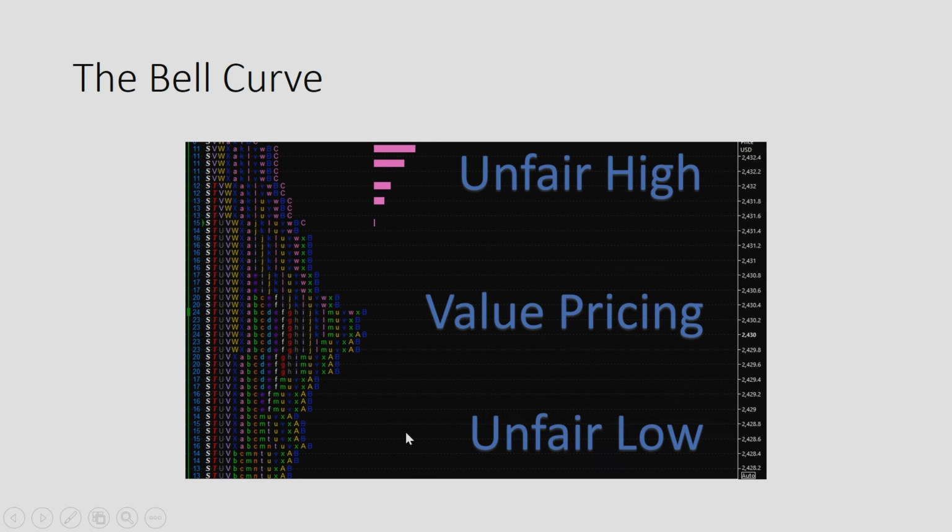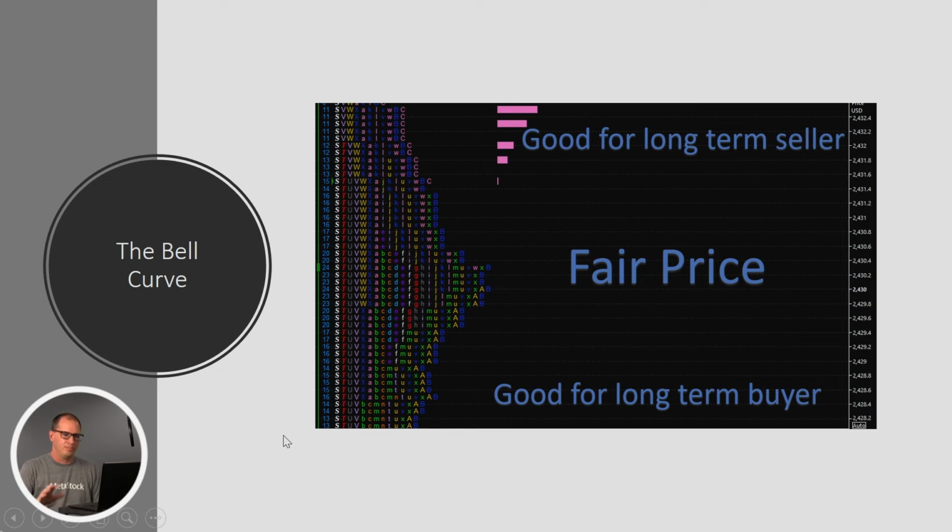So if we move that back onto our chart, we can see here as we get into the higher pricing, there's not as much action. We get into value pricing, there's a lot more action. And then down at the bottom, unfair low. Well, how does that relate to us as traders? Well, this is something that's taught by Mr. Steidelmeyer, is how to use this: you actually will use this to understand if you should be getting into